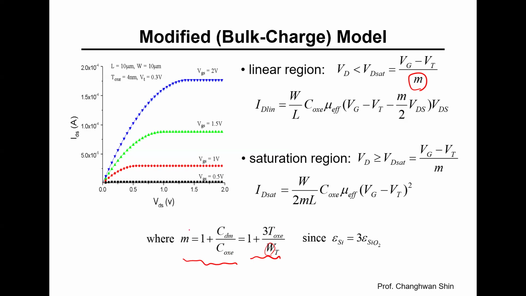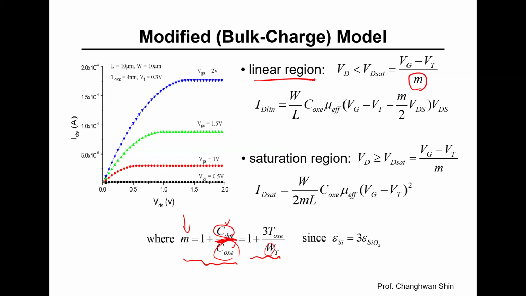This m factor reflects the effect of the depletion layer capacitance relative to the oxide capacitance. Think of it as similar to having two springs in series. The effective spring constant differs from either individual spring. So with this modification, with the m factor greater than 1, the equations for the drain current become, in the linear region,